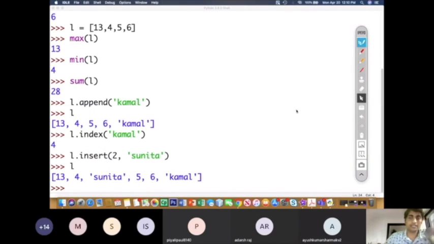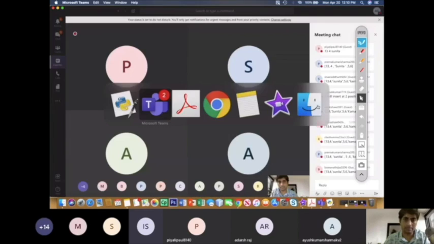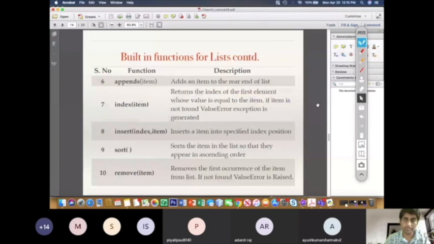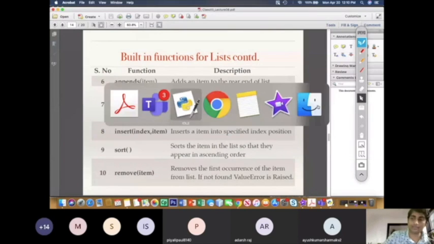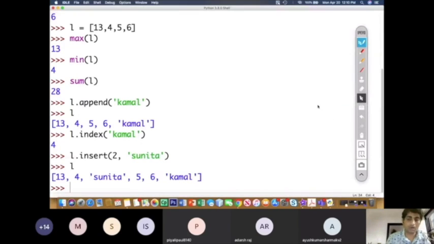The next function in the series is sort, right? So let us find out how the sort is going to act. Now how to write the sort function? Let us sort this list L, let us see what will come. L dot sort. So it is again the member function of list. So L dot sort. Now you see type error is produced.